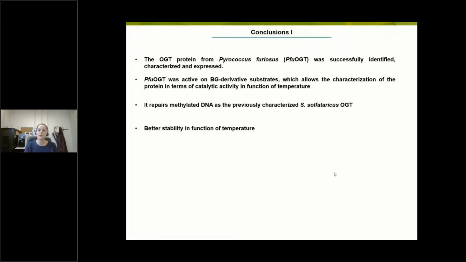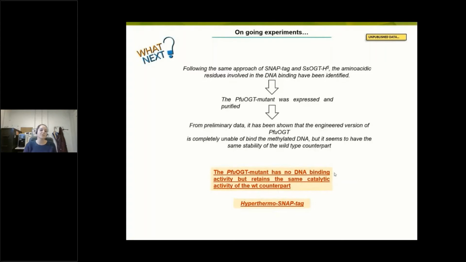But now, in collaboration with Professor Terns of the University of Georgia, in order to study in vivo in Pyrococcus furiosus, which I remind you is a very extreme organism which lives under extreme conditions of pressure and temperature, we want to study the CRISPR-Cas system in vivo in Pyrococcus furiosus, and we want to apply the SNAP-tag technology at very high temperature. So we first identified the amino acid residues involved in the DNA binding domain and activity, and we expressed